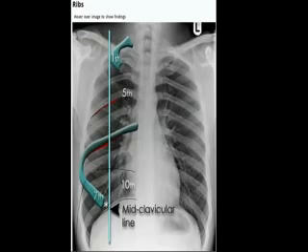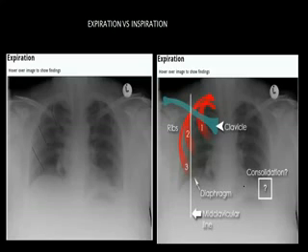Here it looks black on X-ray. So it's very clear here. If you see a good inspiratory film, with proper inspiration, this area is all very clear. But when the inspiration is not good, you can see the lower parts are so hazy. It's very hazy because the lungs are not expanded.